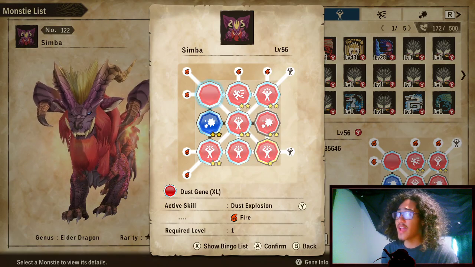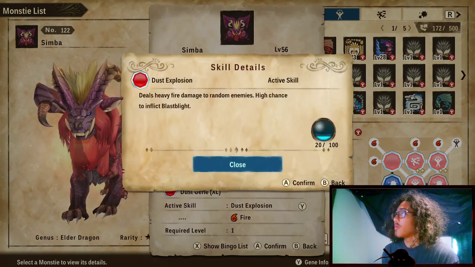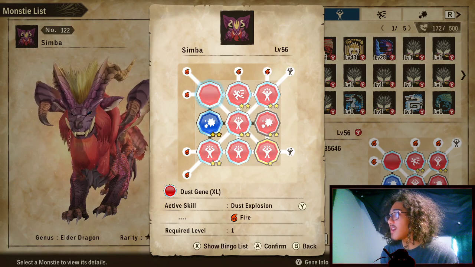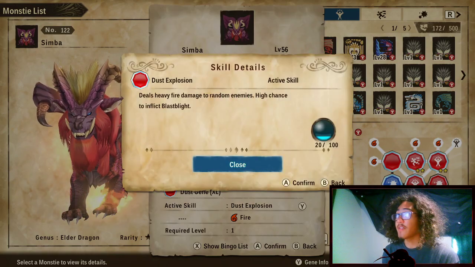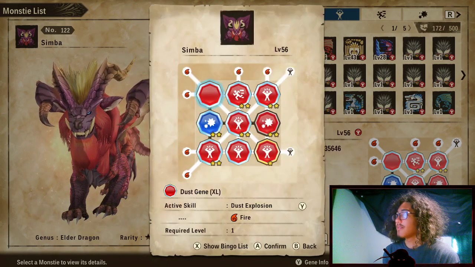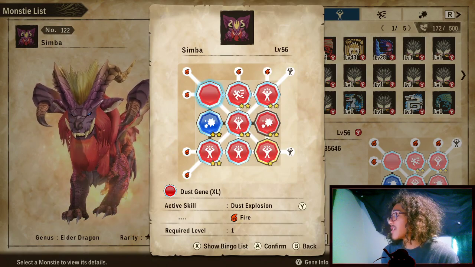The first gene that we have is an innate gene of Teostra, which is the Dust Explosion, the Dust Gene XL. What this does is it deals heavy fire damage to random enemies and has a high chance to inflict Blast Blight. It has a low cost of 20. So we can do this off the beginning of the game, so we can try to fish for a Blast